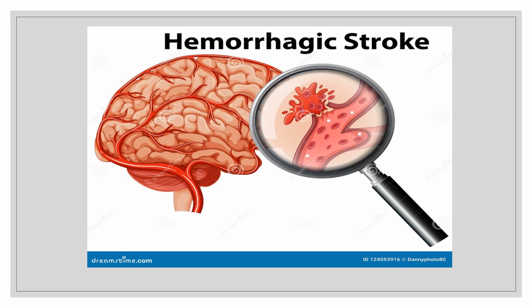It's because there's compression on that area, and that's what's causing these symptoms in Cushing's triad. This is not a good sign at all, because remember that is like your center for your vital signs, for those things that you need to survive, like heart rate, blood pressure, respirations. So if there is pressure on that medulla from all this bleeding, that is not a good thing for your